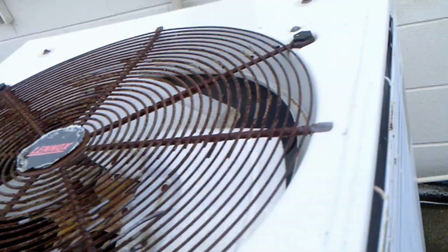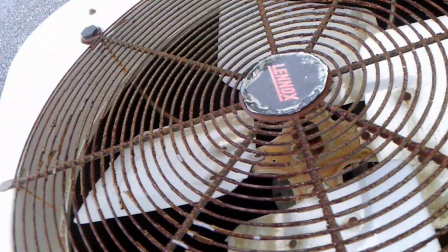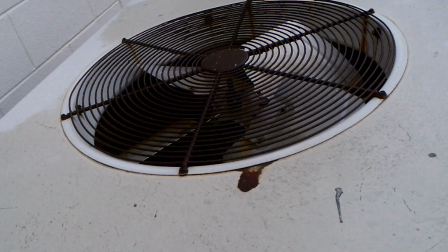I believe these are straight cool units. This one I can't tell because the compressor's locked up. But it says condensing unit on the data sheet, so I'm sure this one's a straight cool as well. And a couple more